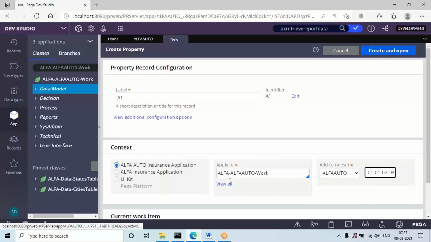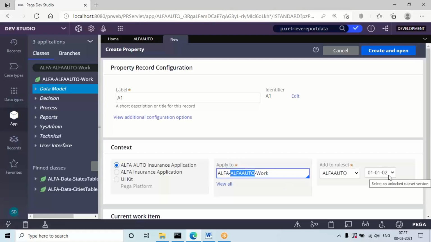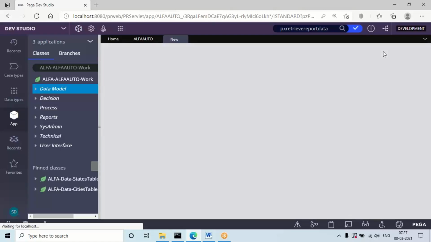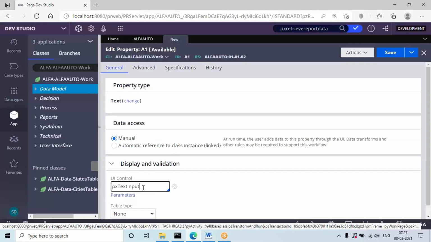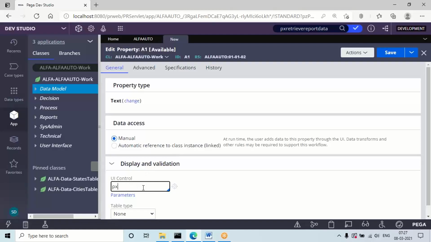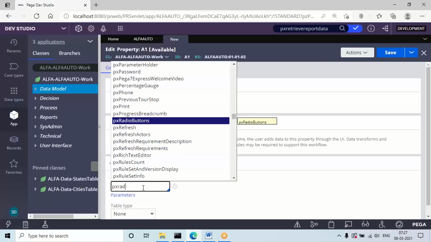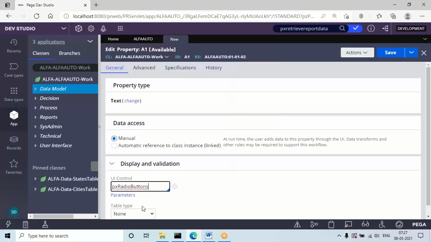So in the work class group version 2, and in version 1 also I'll create the same property. I'm giving a static value so that you will understand under which class the property is created.